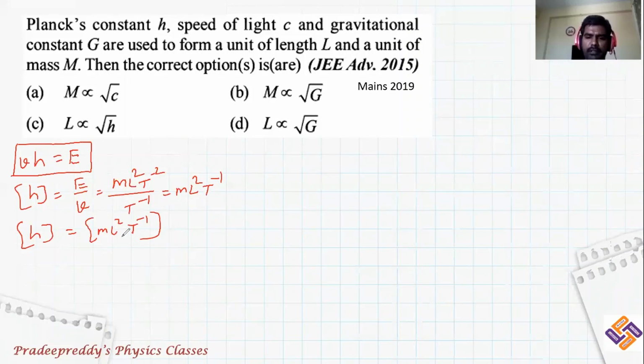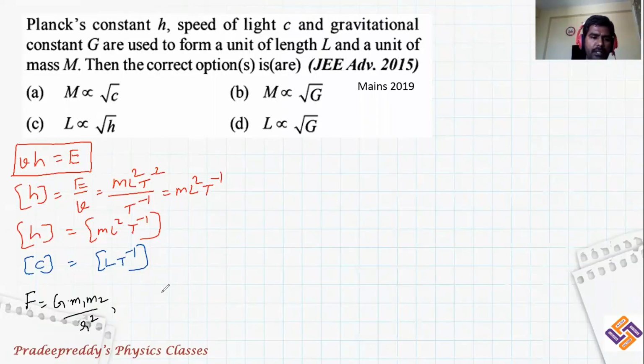Next, speed of the light. You can write down dimensions of speed of the light. Speed dimensions is L T power minus 1. That is speed of light dimension. Next, coming to number 3, gravitational constant. In order to derive formula for gravitational constant, you should first write down the equation where gravitational constant is involved. Gravitational constant is involved in this basic relation. F is equal to capital G M1 M2 divided by R square. From here you can write G is equal to F R square divided by mass whole square, because M1 and M2 are mass. Mass into mass is mass whole square.